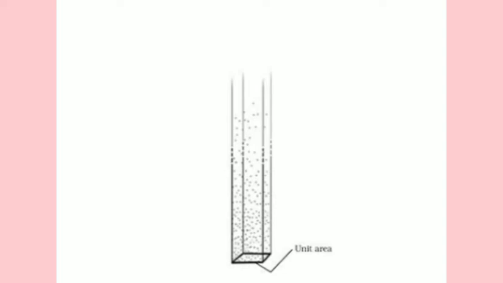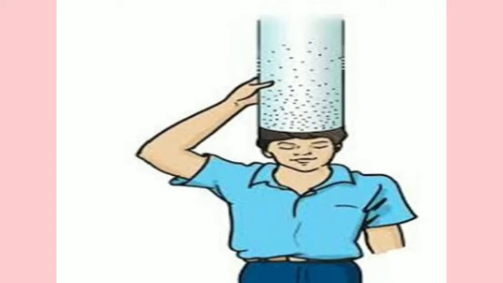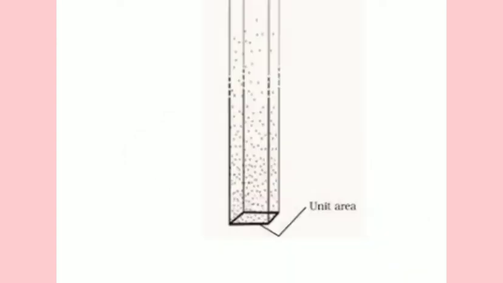Atmosphere exerts pressure on everything. That means it also exerts pressure on us. But we do not feel the pressure because it is compensated by the pressure exerted by the gases within our bodies. Even inside our bodies we have several gases and they are also exerting some pressure. Both of these get compensated, and that is why we do not feel the pressure being exerted on us by the atmosphere. So we can say that atmospheric pressure is the force of gravity on air in a column of unit area.